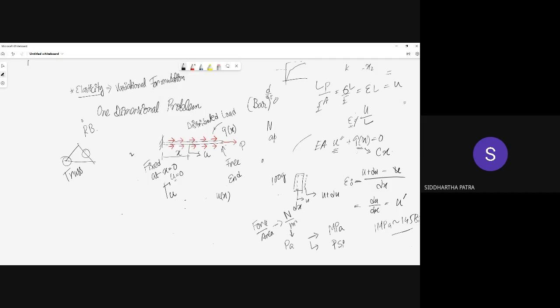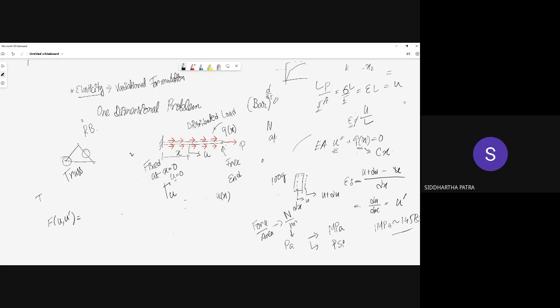So equivalent of that, this is a problem in quasi-static. This is not a dynamic problem. The bar is not accelerating towards the left or the right or anywhere else. So it is stationary, it is in equilibrium, so it's an equilibrium problem. So there is no question of t. So for us the f of u and u prime is this quantity.